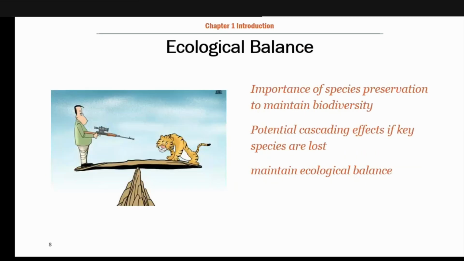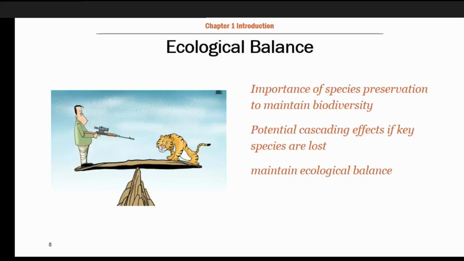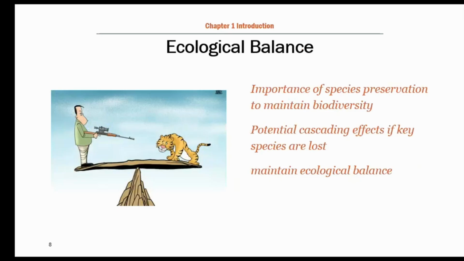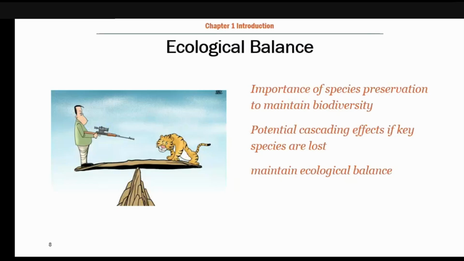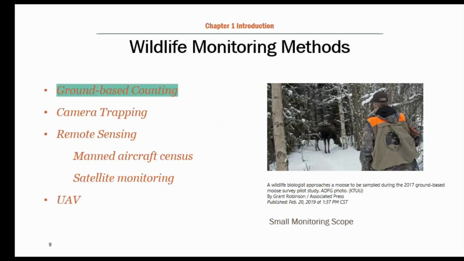In summary, protecting the key species is essential for the park's biodiversity. The loss of any can trigger cascading negative effects that can destroy the ecological balance in the Chitwan National Park. Normally, regularly monitoring wildlife is essential for their protection. As shown in this slide, there are 4 ways mainly used to monitor wild animals. The first